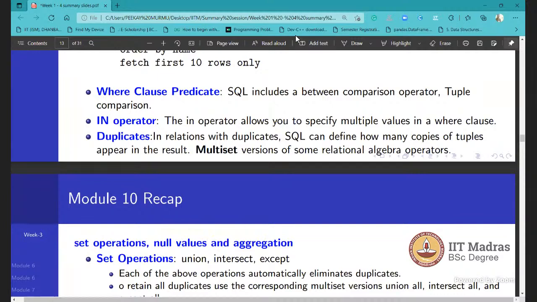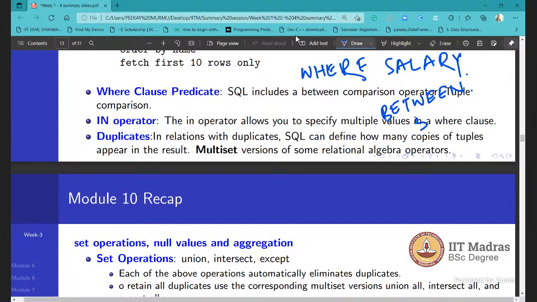So after the where clause you write where salary between 50,000 and 1 lakh.